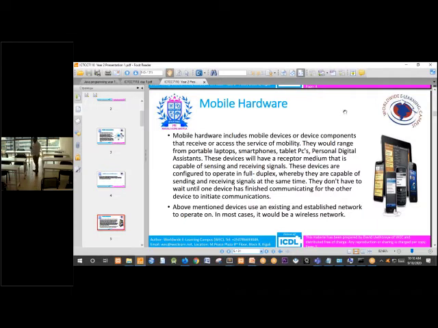Apart from simplex, we have half duplex communication. It is a mode of communication whereby a transmitter transmits a message and a receiver receives it, but the receiver can also transmit a message; they cannot send and receive at the same time.